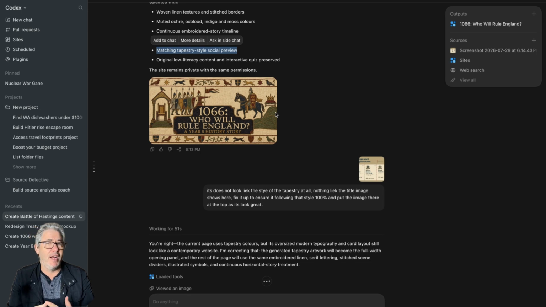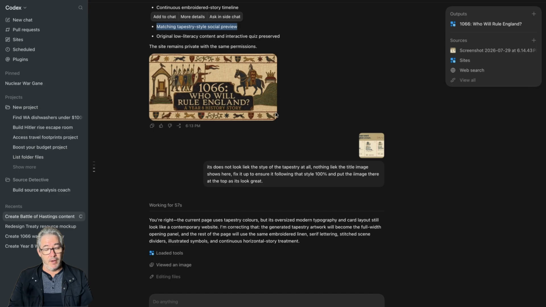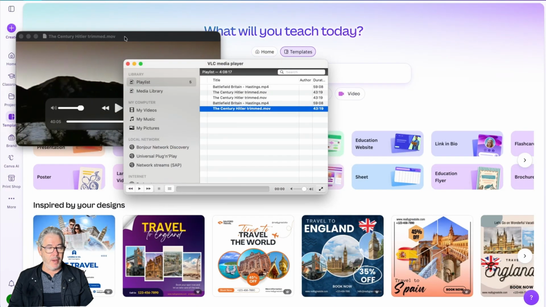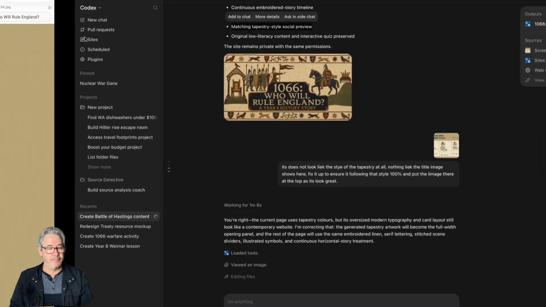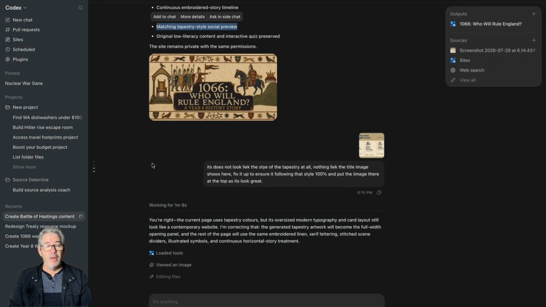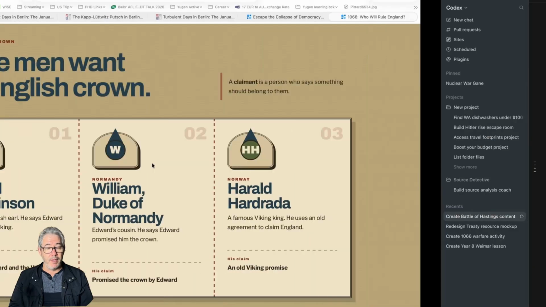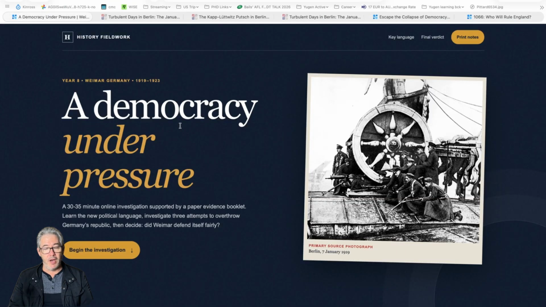And obviously we're asking it to do a lot in a very basic prompt here. So we'll let it go through. At the moment it's been working for a minute. And we think about when we look at the other web pages that we had, the style is very much